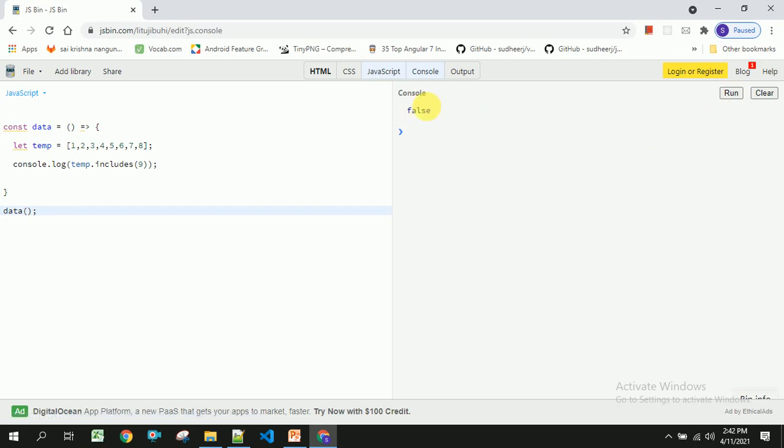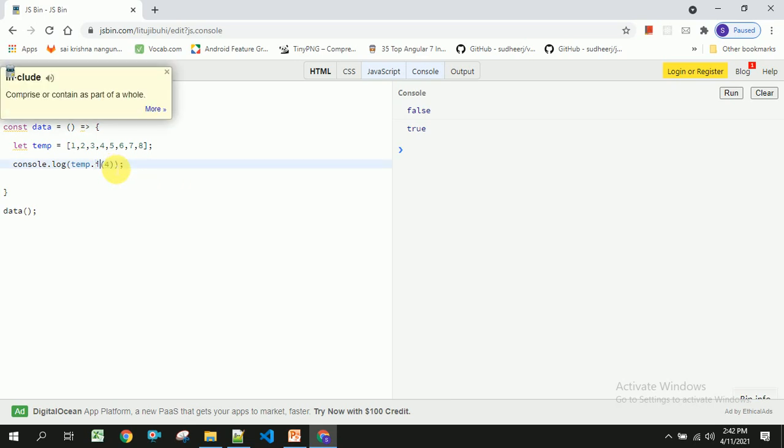You can see here it is returning false, and if I place any number which is included in the array, it should return true. You can see here it is returning true. In this way you can check whether the array includes any value or not. We can use indexOf as well. This indexOf will return some value, either an index or -1.